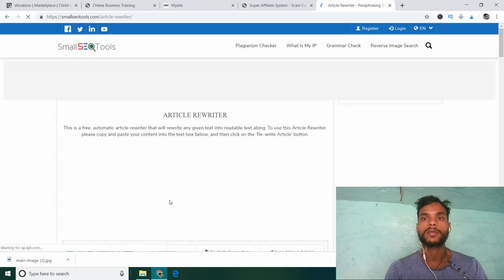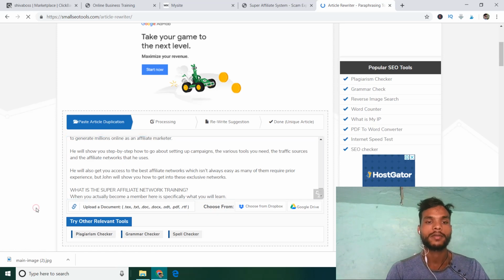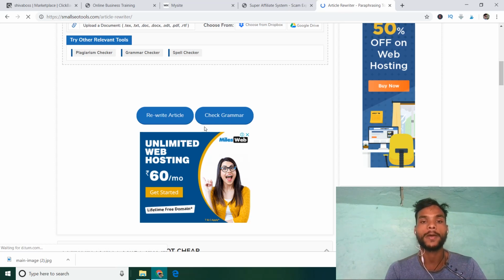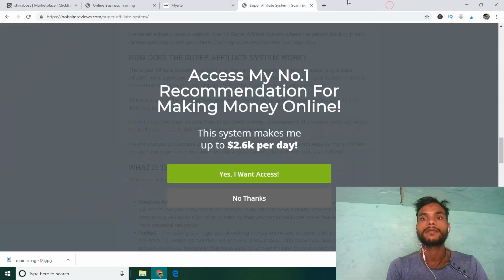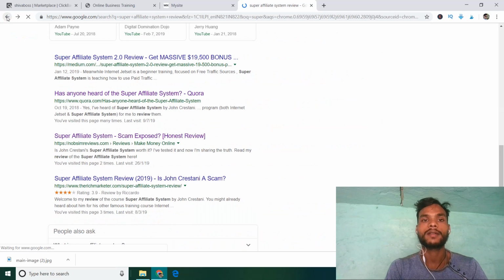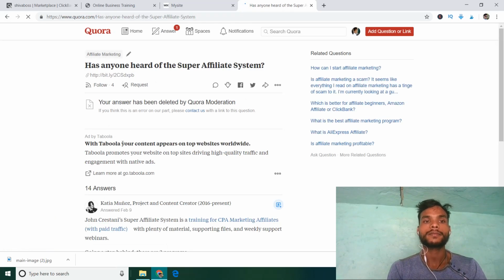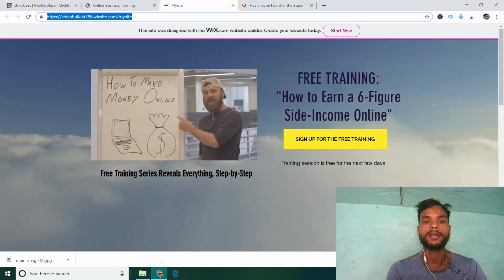and you have to enter your copied article that you want to rewrite, and you have to click on rewrite article. Your article will be rewritten and you don't have to pay any kind of fees on Fiverr or Upwork. You can use these tools for free, and after your article is rewritten, you can copy the article and paste it in your answer. You can put your landing page link at the end of your